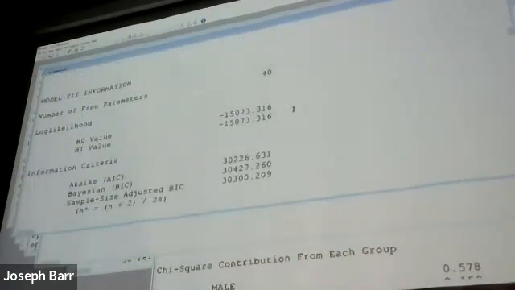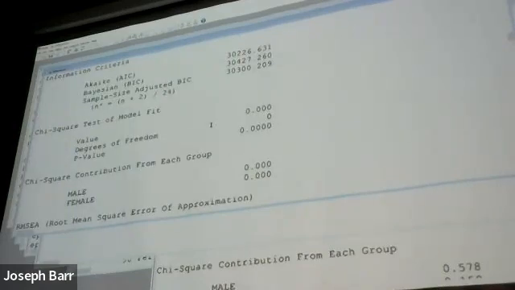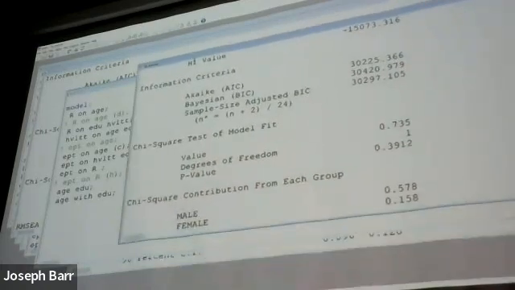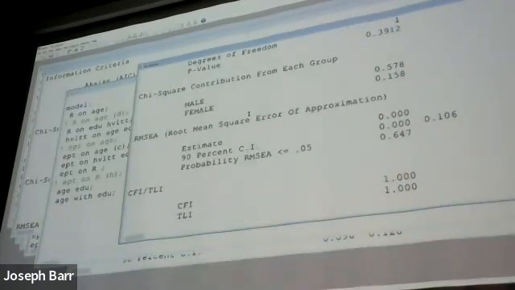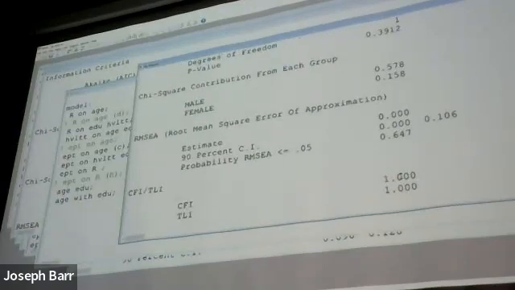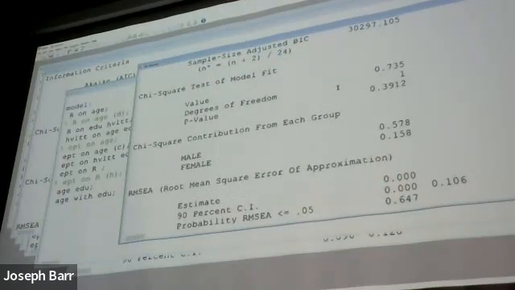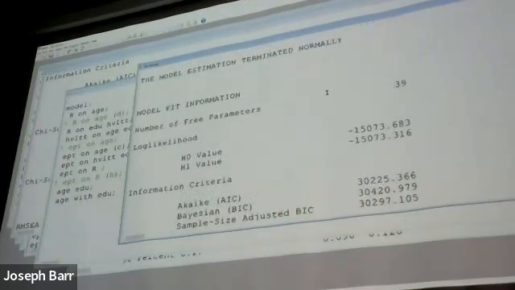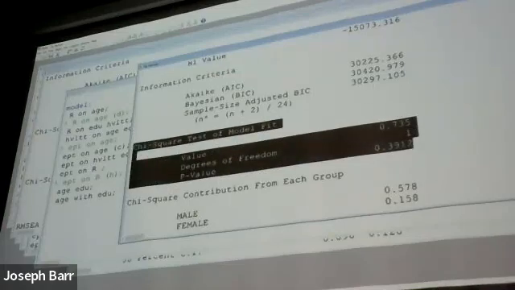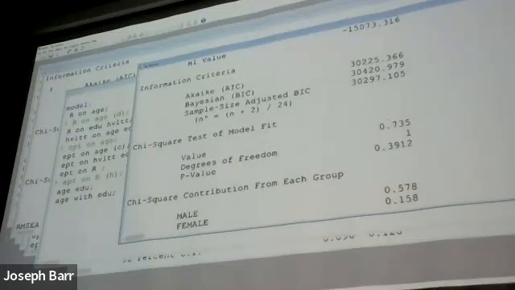Okay, it's here. But anyway, the baseline model is always worse. This is the chi-square of the model fit. You're going to copy this number and then compare it with